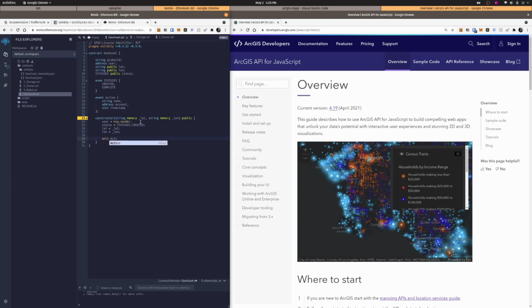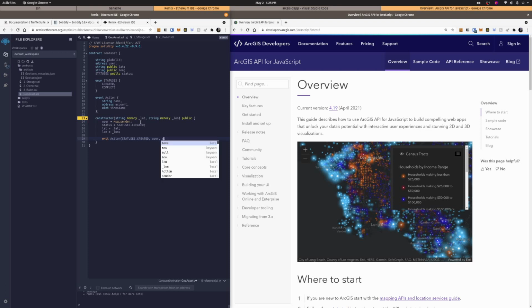Emit the action. Yeah, action. And I'm going to go ahead and pass the, let me do this, statuses dot created along with the user, right? So that's whoever was interacting with the contract. And I want the timestamp. So the way you can get timestamp in Solidity is